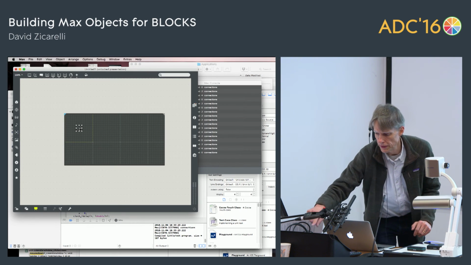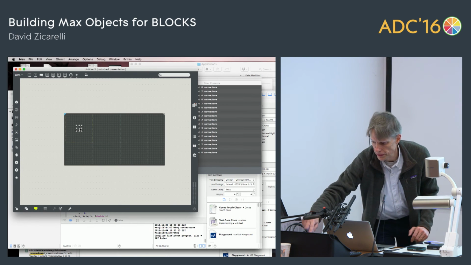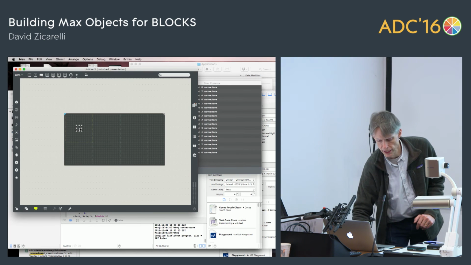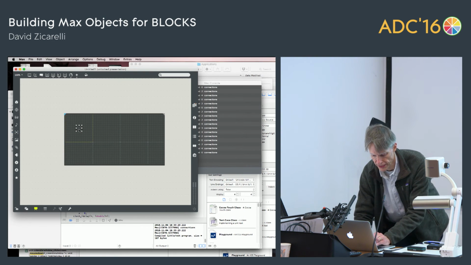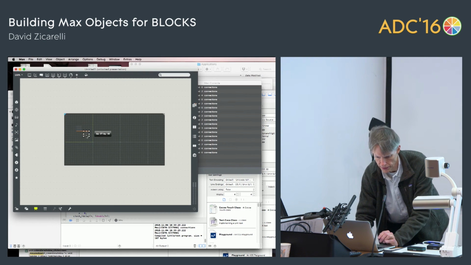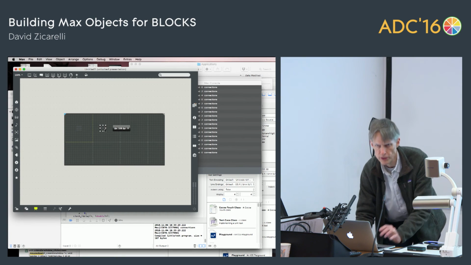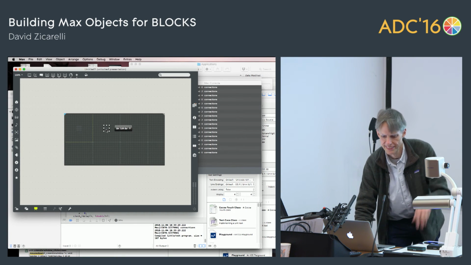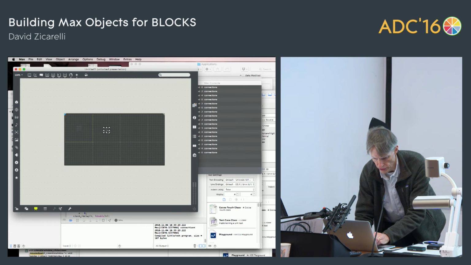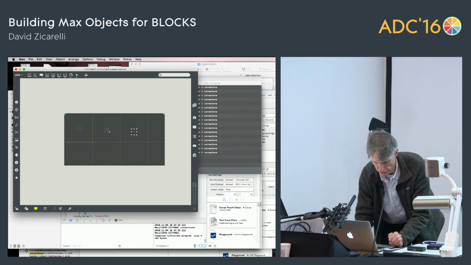So by the way, if it wasn't clear, the layout changes as you move things around. So if I'm editing right here, this is kind of designing rather than coding.